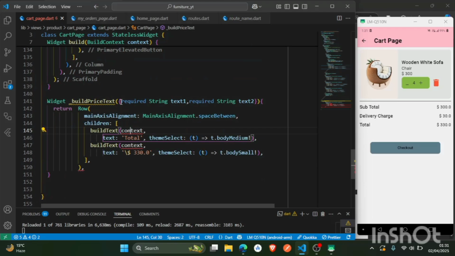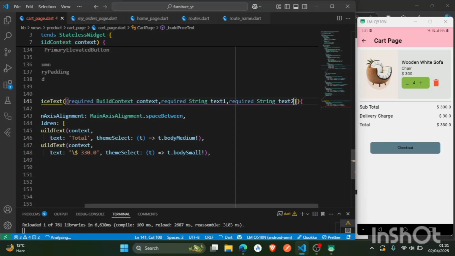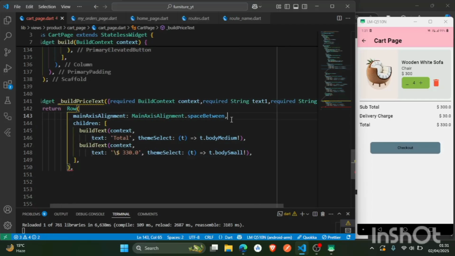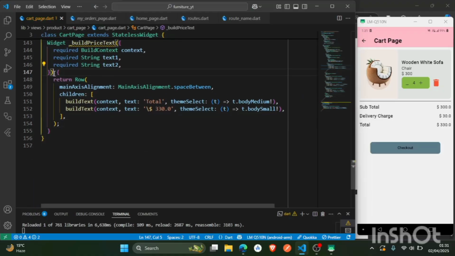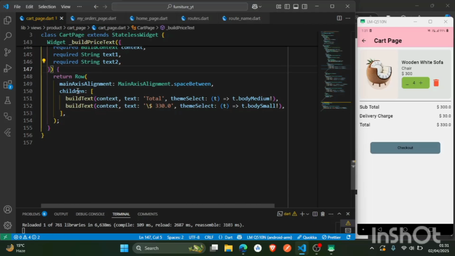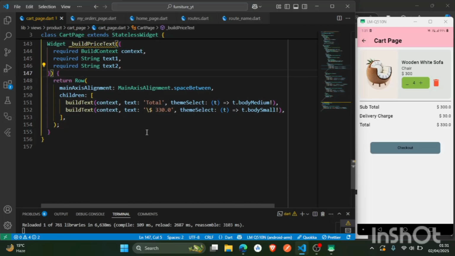Okay, let us have here context. So this seems to be the case here. Okay, reload. Okay, then after this, so return row,